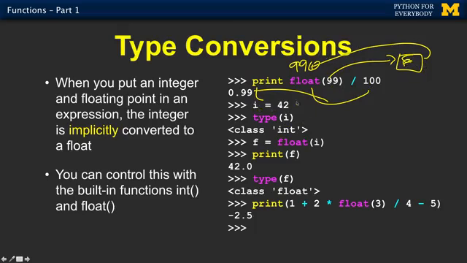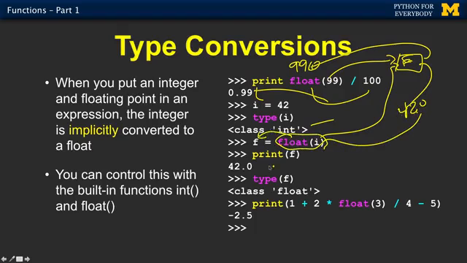Now we're going to make a variable i, 42, and say what kind of thing it is. It's an integer. Now what we're going to do is pass this integer into that same float code, 42 into the same float code, and now it's going to come back 42.0, and that's going to replace this in the function, and that's going to be assigned into f. And so, surprise, surprise, we have 42.0 in f. We ask what kind of a thing it is, and then